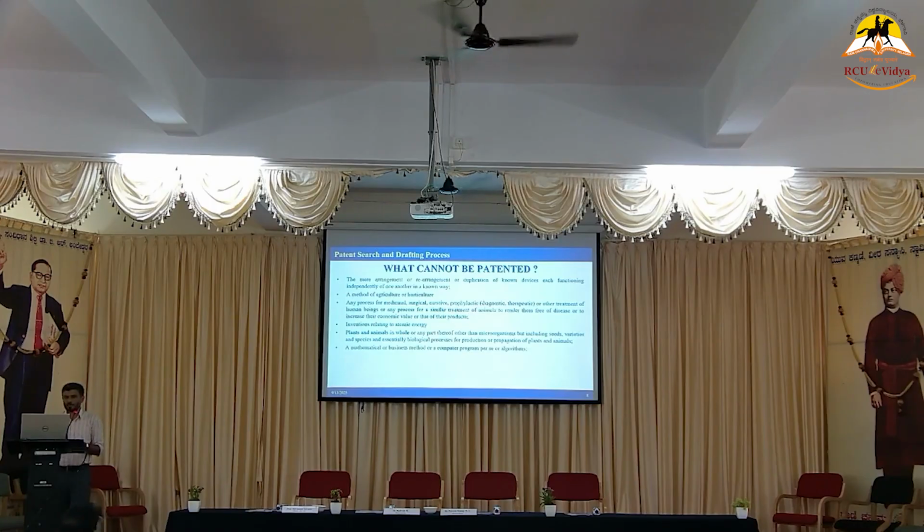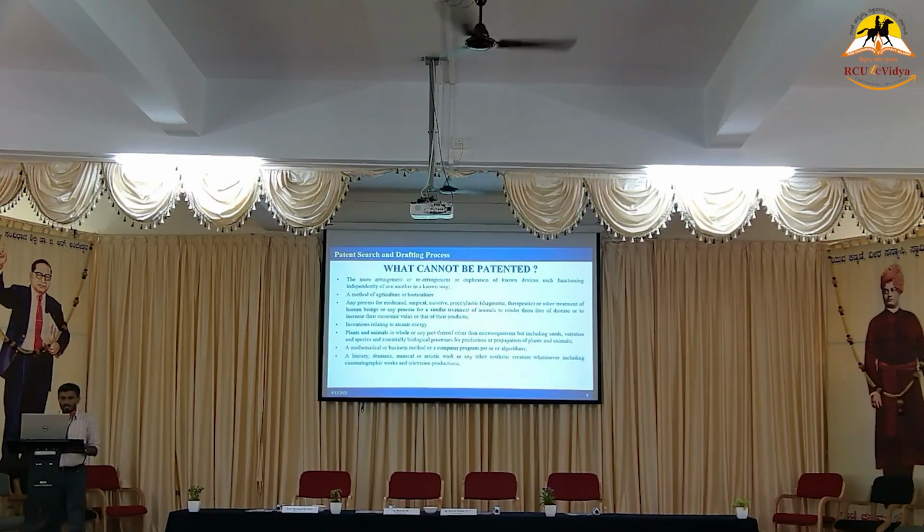A mathematical or business method or a computer program cannot be protected. See, any business that people are running cannot be patented. The process, procedure and decision depend upon the individual. For example, a Marwadi person running a business has their own logic. It depends upon the individual perspective, the style of working, their business calculations. This cannot be protected under the patent.